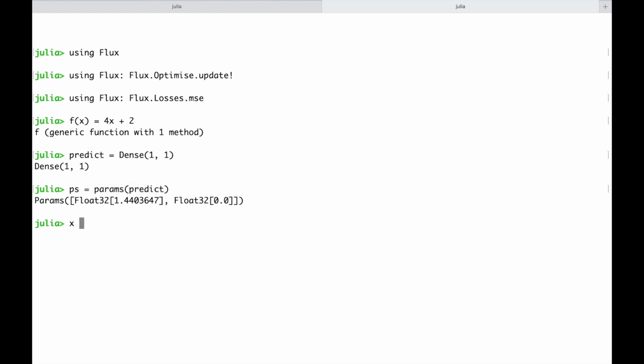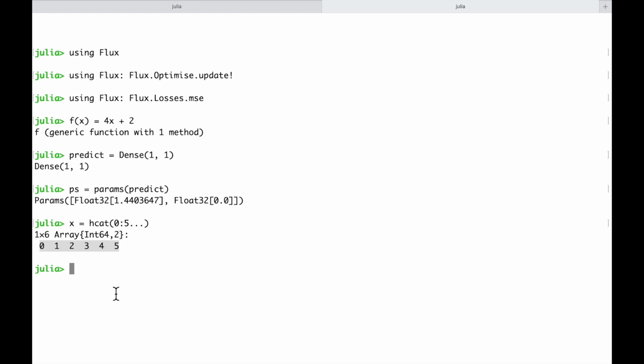So we need x's, and our x's are going to be the range of numbers from 0 to 5, and just so we have something that works with our model, we're going to horizontally concatenate those. And what this would do is give us a matrix with only one row, the range from 0 to 5, right? And so what I want to do is take apart this thing and make something that looks more like hcat and the list of 0, 1, 2, 3, 4, 5. So that's what this ... does. It means instead of passing a single list, we're going to break apart that list into individual arguments like that. Okay, so now we have X observations,